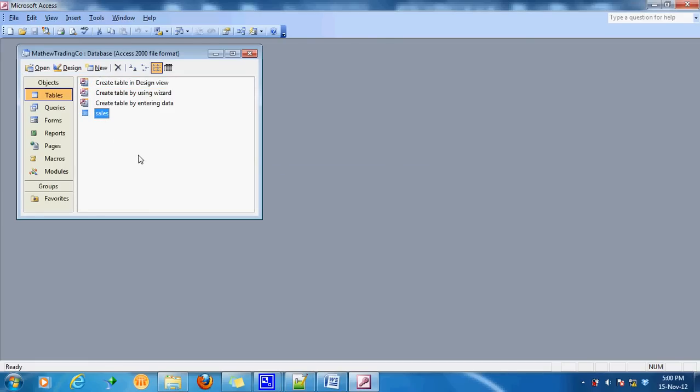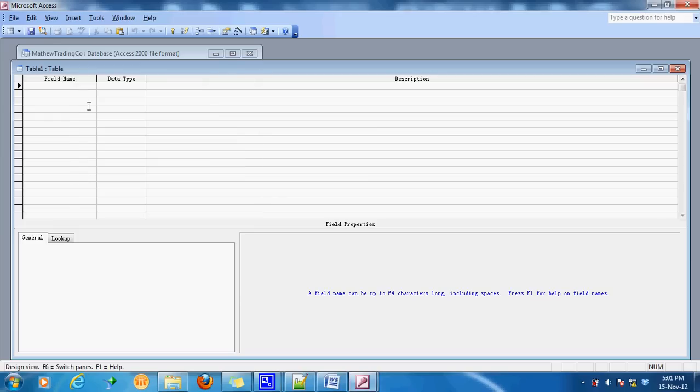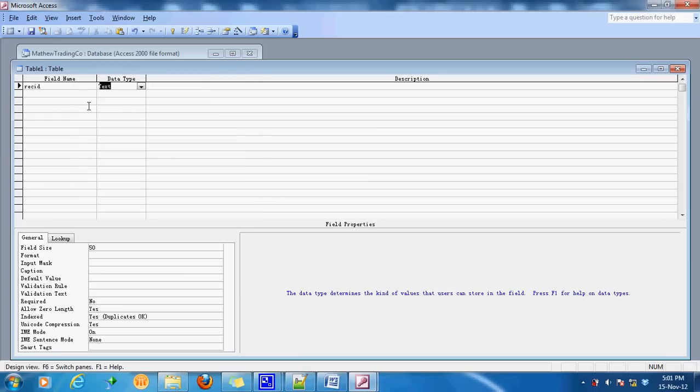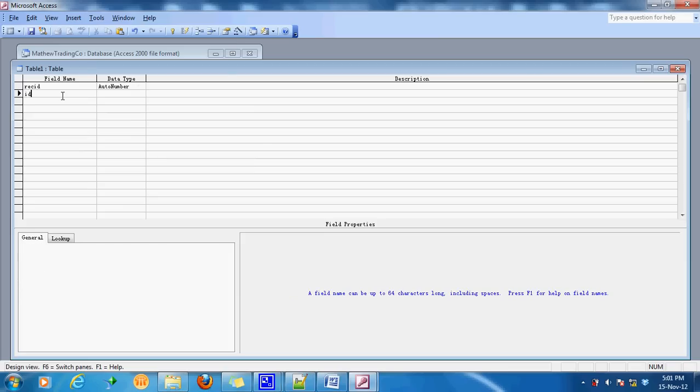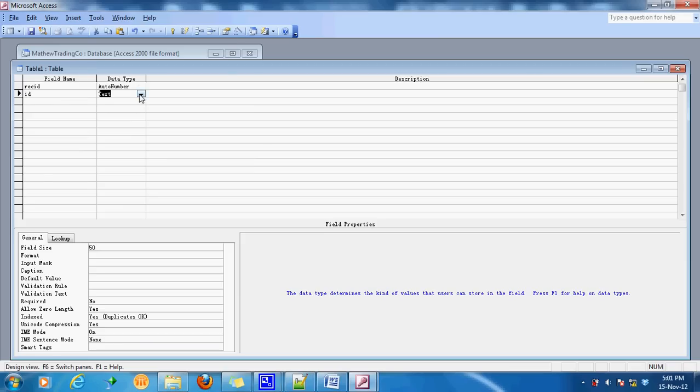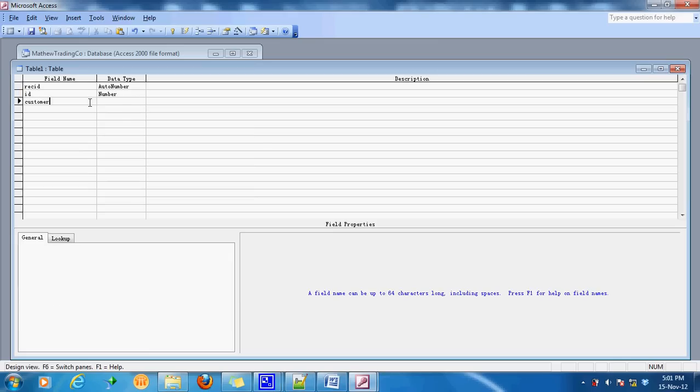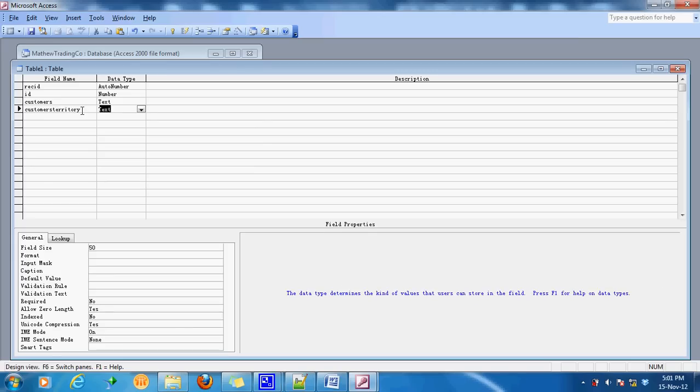Okay, now we're going to create another table, the sales regions. Okay, create table design again, and the same thing, we're going to use a record ID, auto increment or auto number, ID to connect to the first table, number, and then customers, text also, customers territory, still text,